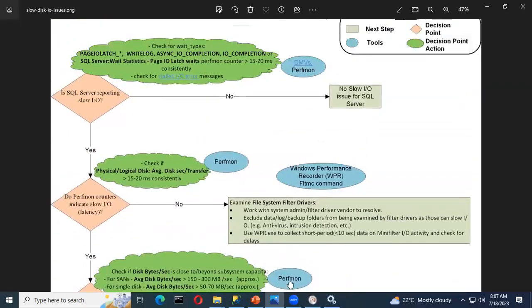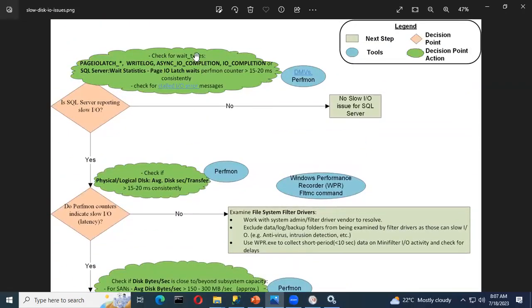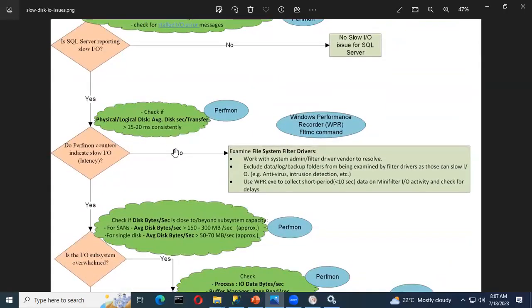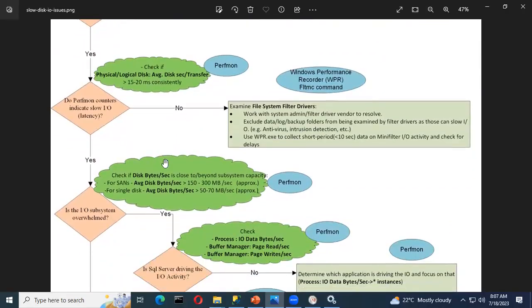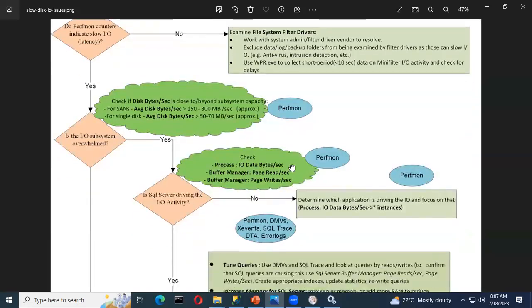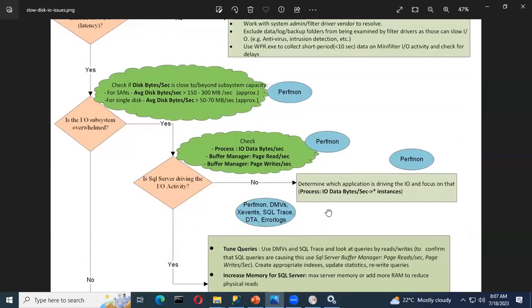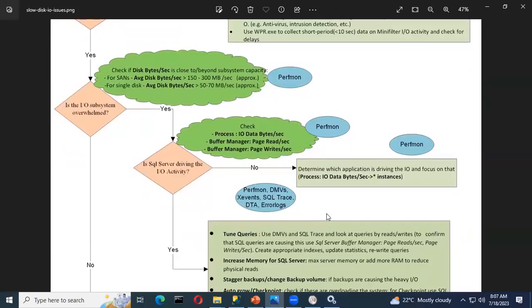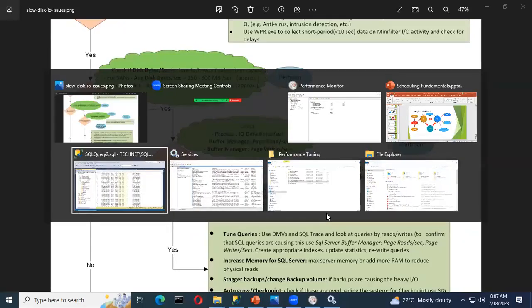So we don't collect those. So what can be done? We'll have to check the wait types and see if there is any latency. Average Disk sec per Transfer is more than 20 milliseconds. Suppose you have more than 20 milliseconds, we should not straight away conclude that it is an issue with the storage. Instead, we check further, IO Data Bytes at the SQL Server side, whether SQL is driving more IO. If SQL is driving more IO, then we'll have to check which queries are driving more IO. Then this query,